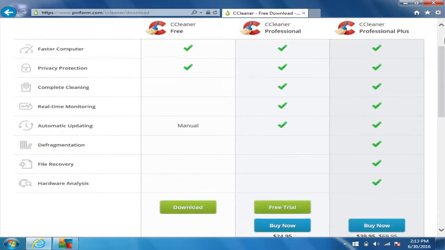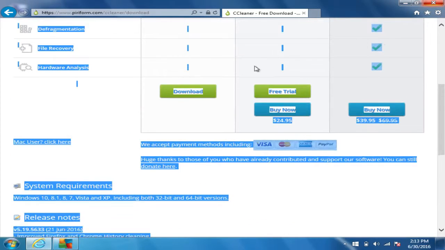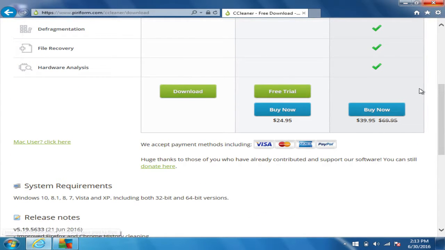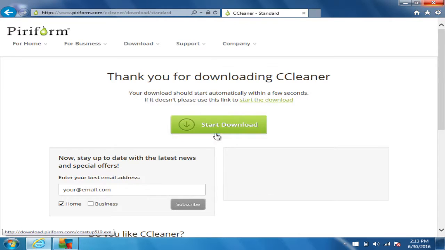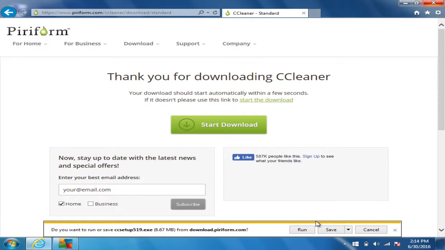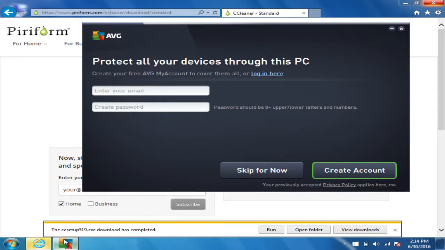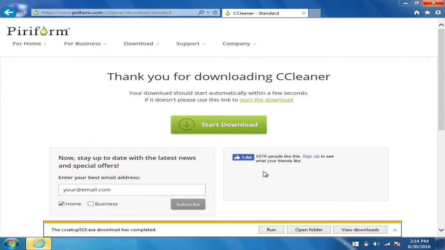They have the free version, or you can get the pro version, or you can pay for it if you want. I just use the free version. Click download. It'll go ahead and download it. I'm going to save it because I'm not going to run the install at this point in time. I'll do that in a minute. I just don't want to run it at the same time as I'm installing something else.